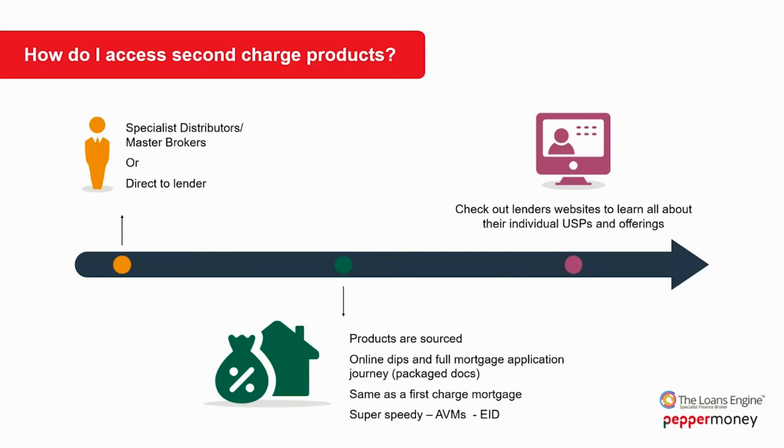Of course, we write a lot of business with Pepper for obvious reasons in terms of pricing and products that they have, and the ease and speed, as we call it. But hand on heart, we can honestly say that we have selected Pepper, for example, for the cheapest outcome, not just on face value for the client, but again, coming back to what we talked about earlier, it's all about the future plans. It's all about the second bite of the cherry for you guys, the intermediaries, remortgaging them out. We want to make sure that they're not